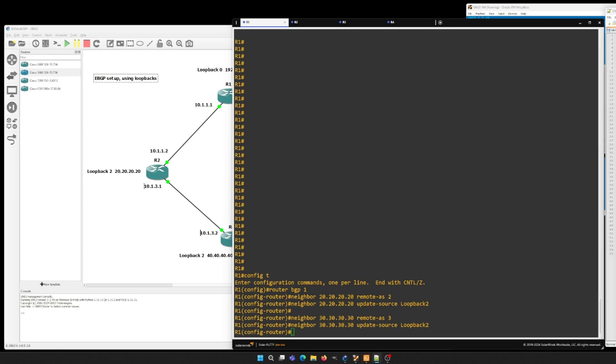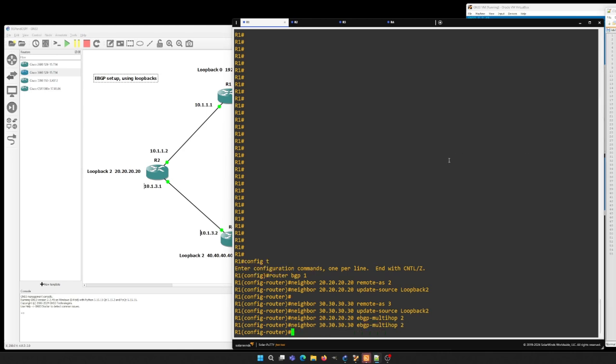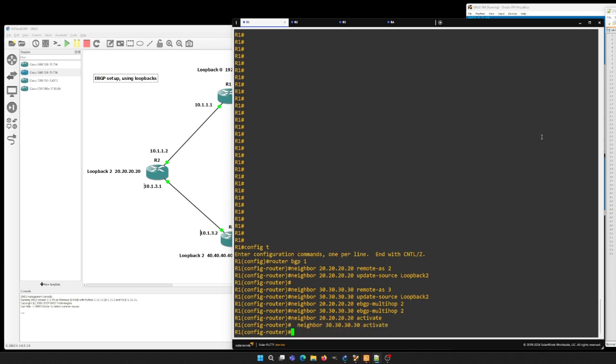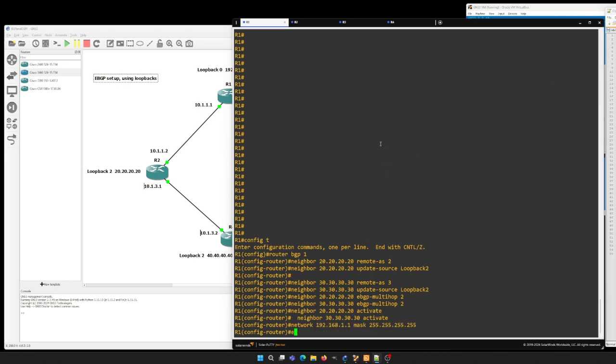and eBGP only goes one hop to make a neighbor connection, you need to use a special command called multi-hop and tell it that the connection is 2 hops away. If it was further away, you just increase the multi-hop. And then we're going to activate these 2 neighbors, and we are going to advertise the loopback 0 network. I'll exit that